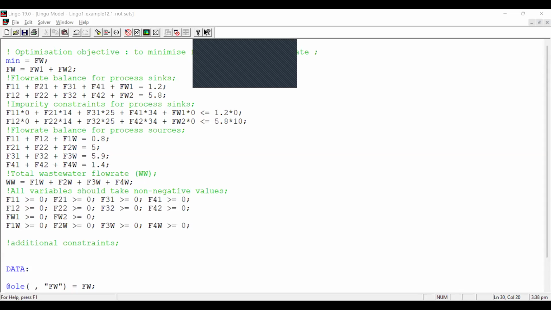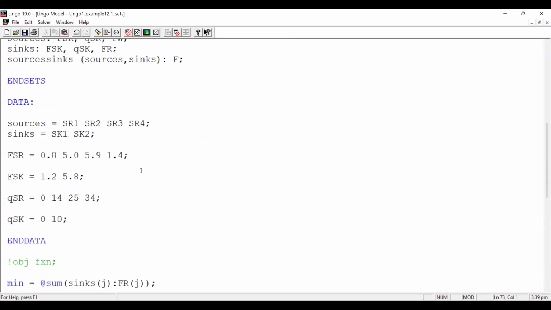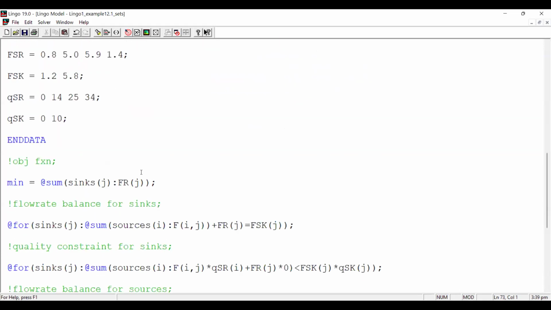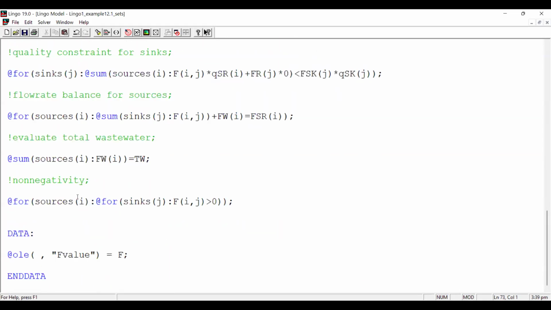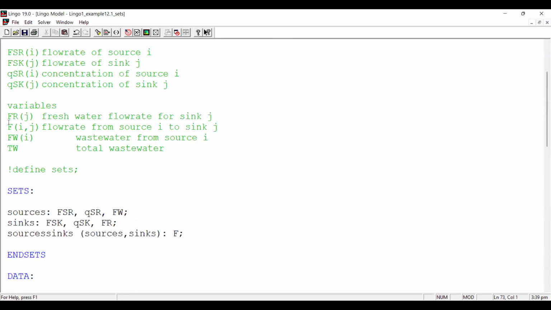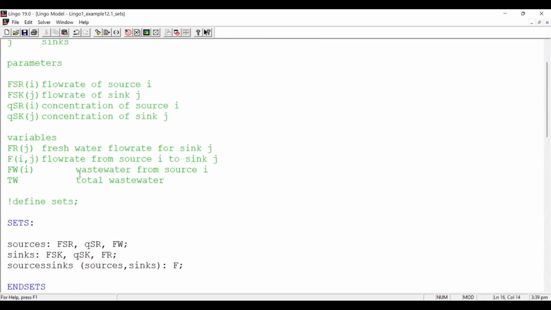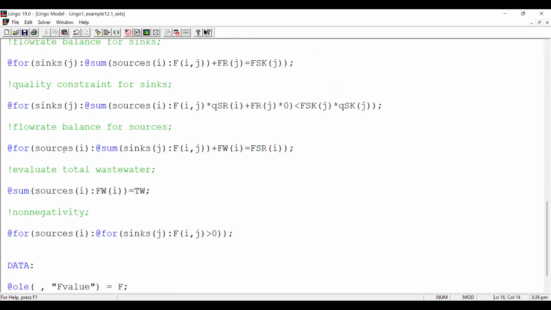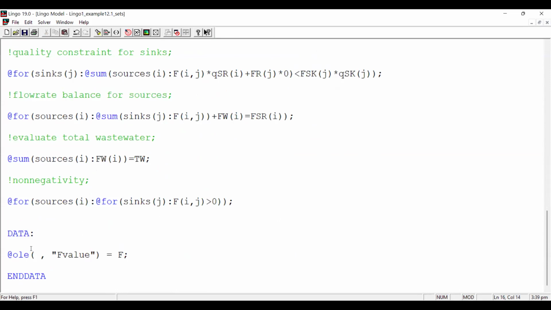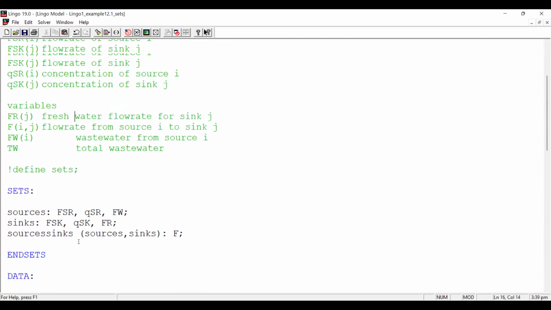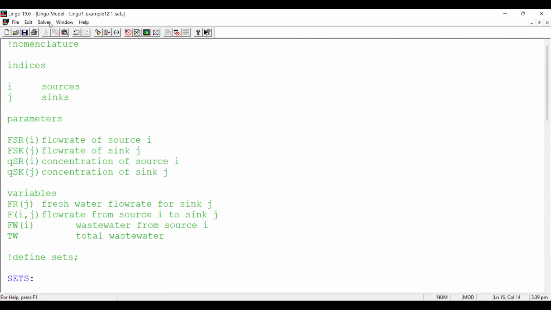Okay, so for example, this is a version that used sets for the same problem. And for the flow rates, I named the variable as F. Okay, so F. By the way, I use different names. FW for wastewater, FR for freshwater, so don't be confused. Now I want to output the variable F. Okay, so just to show you first,